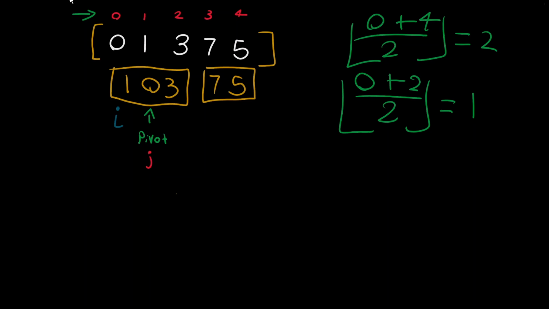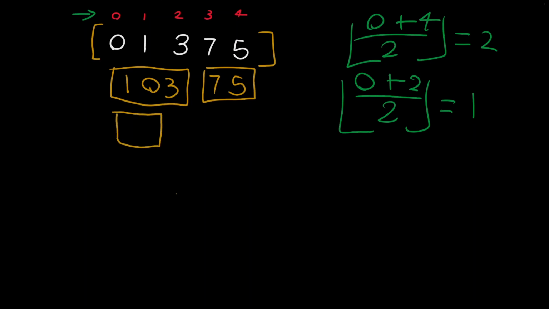Now i is going to continue. It's going to move forward, and now we're going to see that i and j are on top of each other, so we are going to return. Now the next partition, since our pivot was last 0, which was at the 1 index,